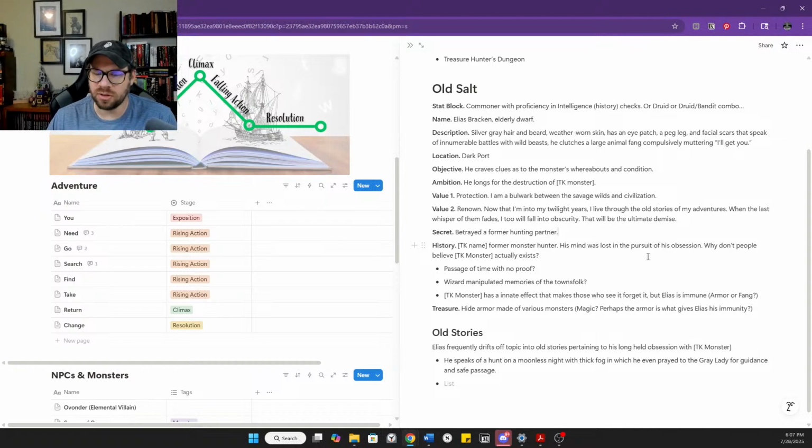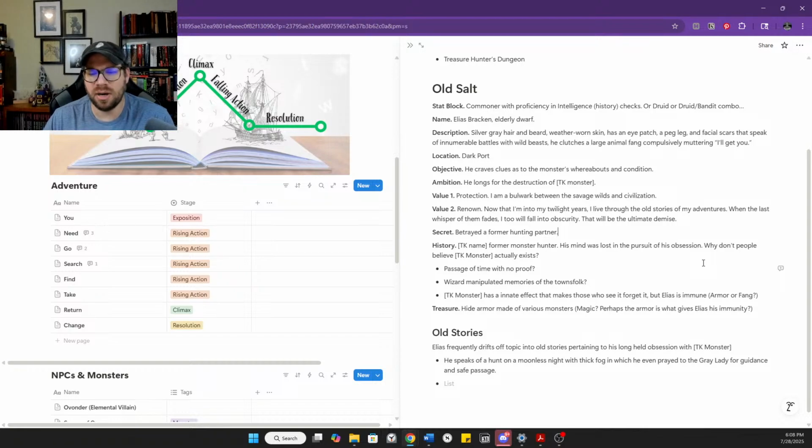And we also came up with the idea that part of what's driven him insane about this is that nobody believes that this monster is real. He's the only one that believes it exists. And of course, it absolutely exists in this world because we're going to create a whole side quest with it.